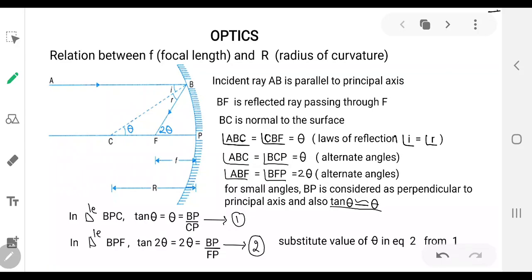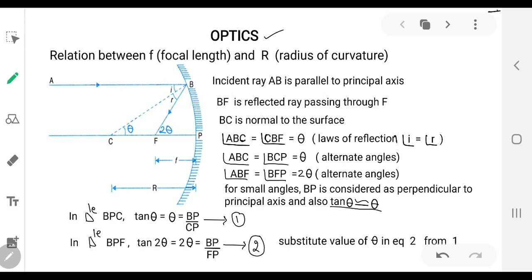Hello students, this is our physics class and we are dealing with the topic optics. In our first two sessions, we discussed the introduction, reflection, formation of spherical mirrors and the image formation by spherical mirrors for different object distances. I suggested you all to practice the image formation ray diagram,